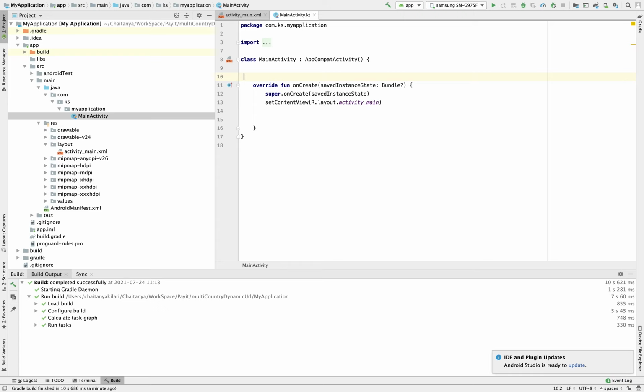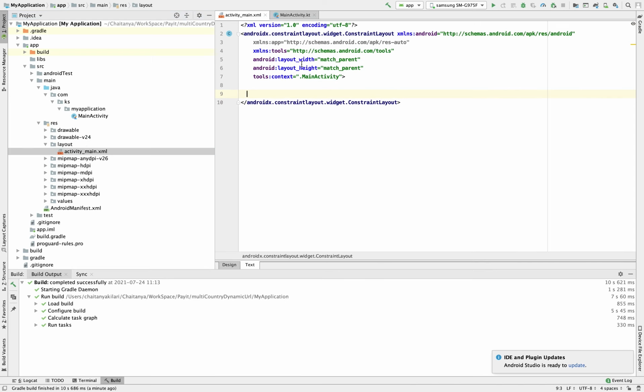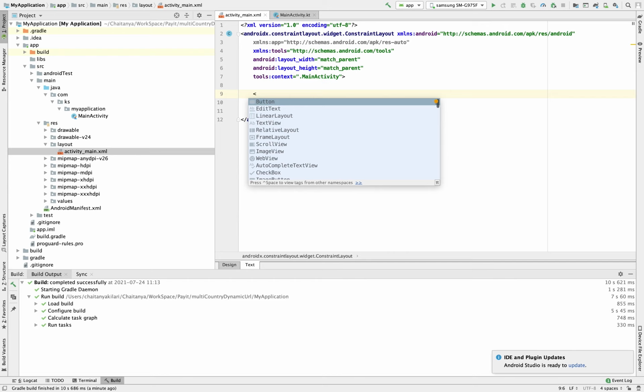We are taking one new project in Kotlin. After that we are writing the design. That is, in design you will write in the layout activity underscore main dot xml file, this one. Okay, in this we will write the design. First we are creating the functions in Kotlin. Okay, function is some function we are writing.